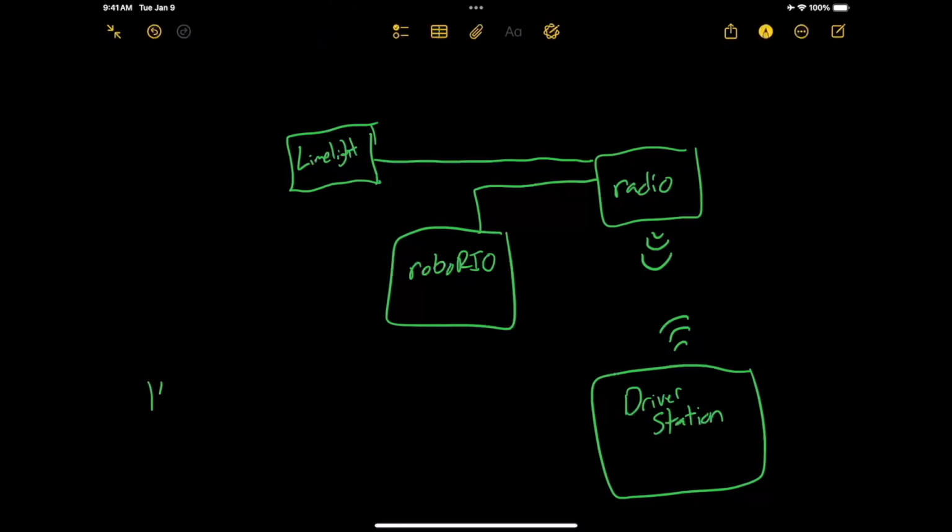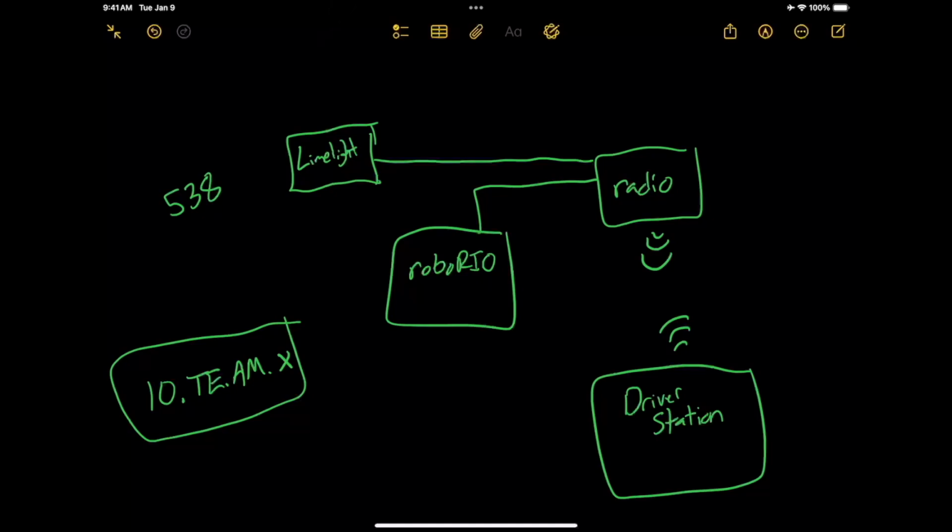Your wireless network is 10.TE.AM.x. Right? This is your wired and wireless network. And every team's looks like this. It depends on what your team number is. What is your team number? 538. And so in order to make that, we split it here. The 5 goes here, the 38 goes here. So that for 538, their network is